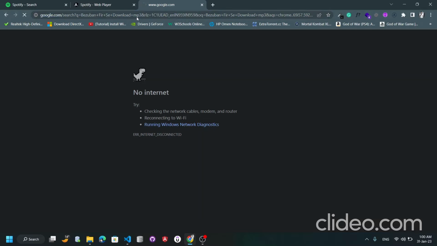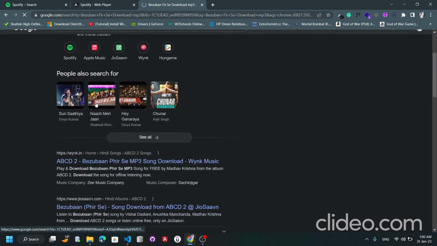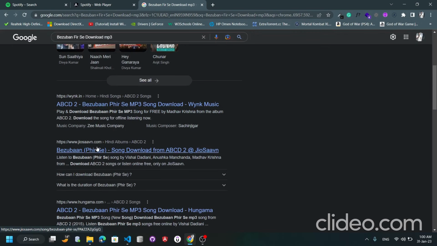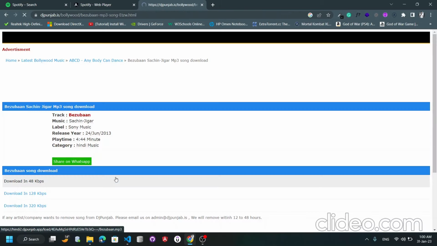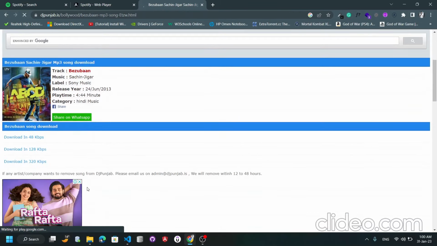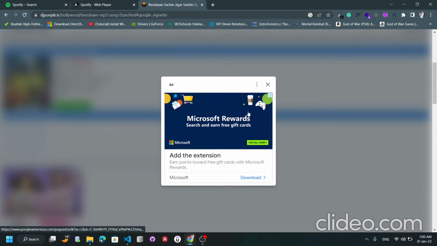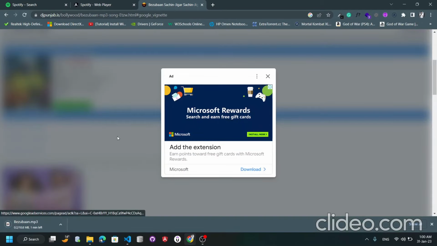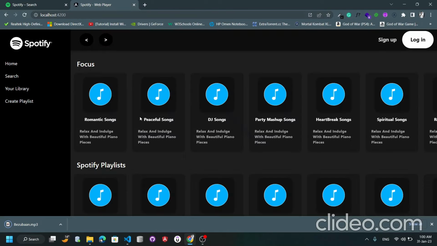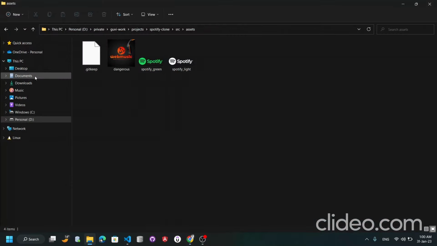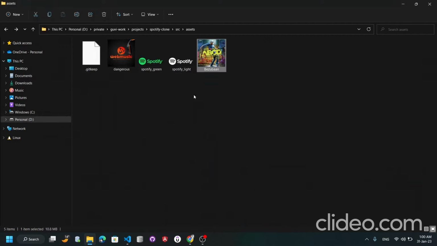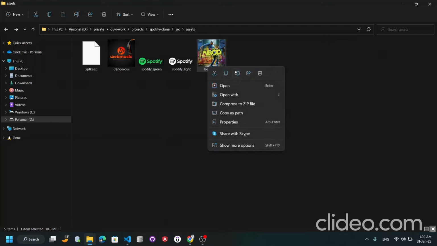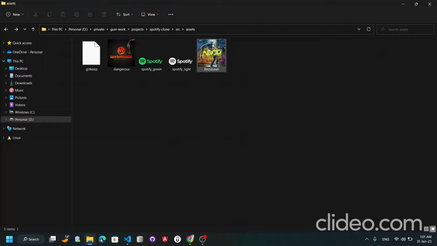Let's go and search for the song we require. Let's go to the site where we can have this downloaded. Let's download this. And now we have this as well. Let's go to our download folder once again. Click this, paste over here, and the name is Zuban. Let's quickly copy this, and this is in the format of